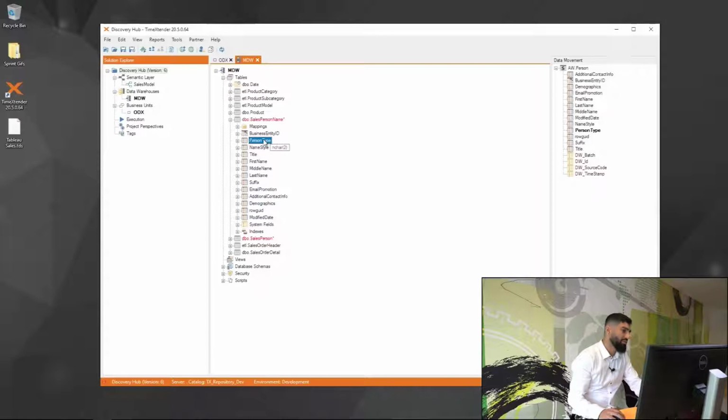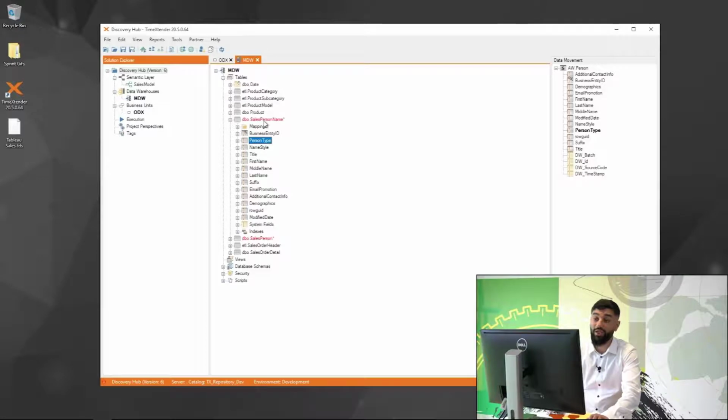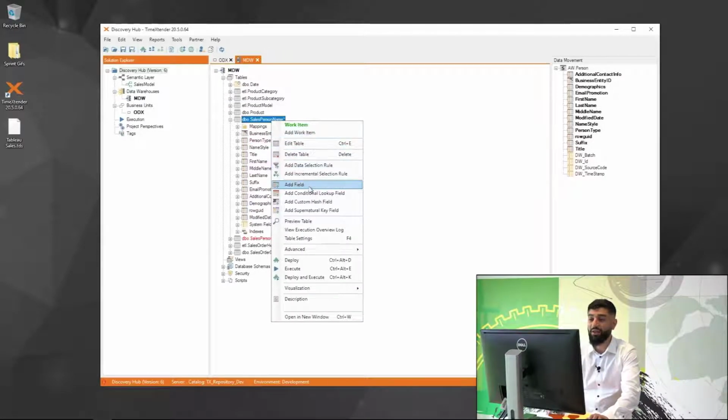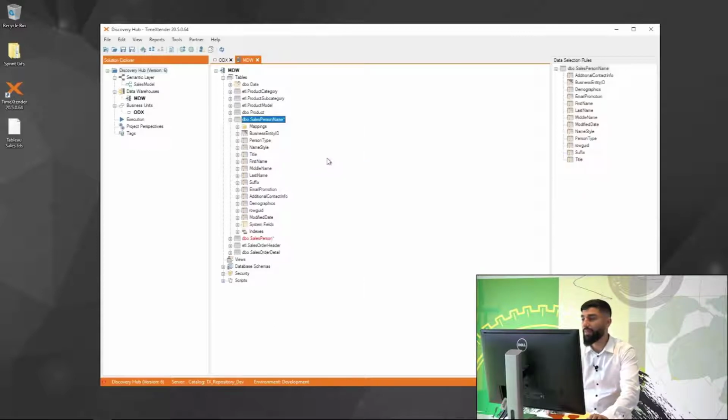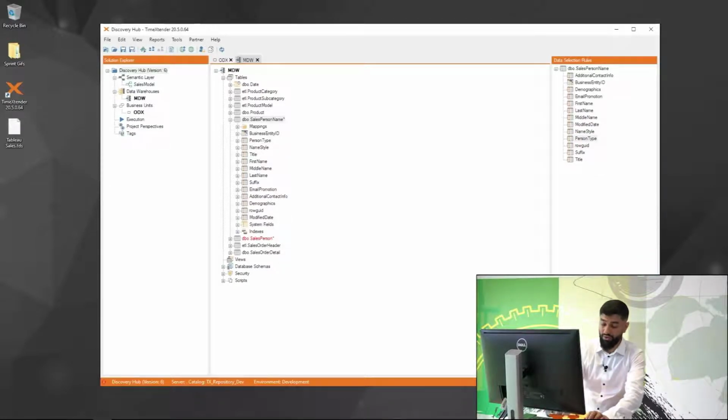We only want the rows where person type is equal to SP. So we're going to right click this, go to add data selection rule, and highlight the person type field. As an operator, we want this to be equal to SP,